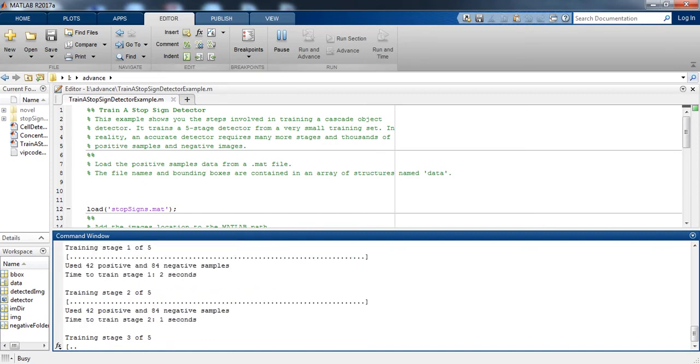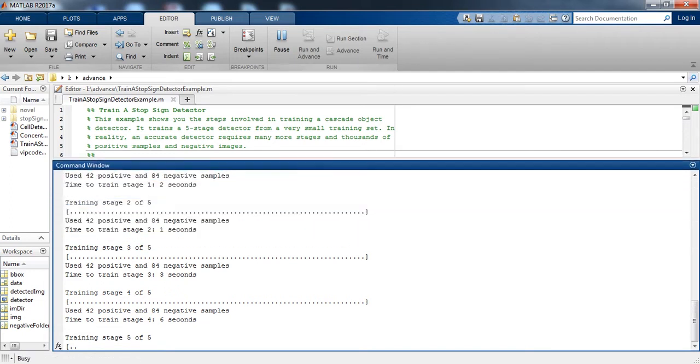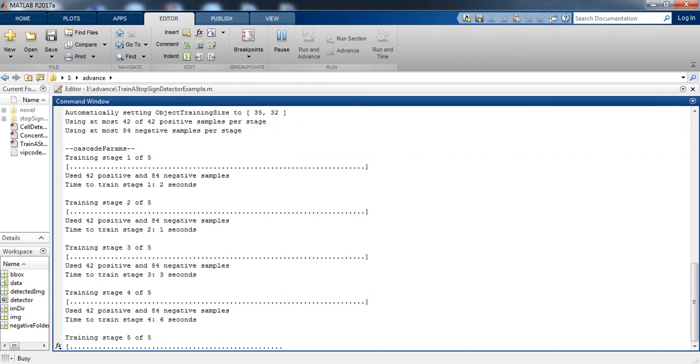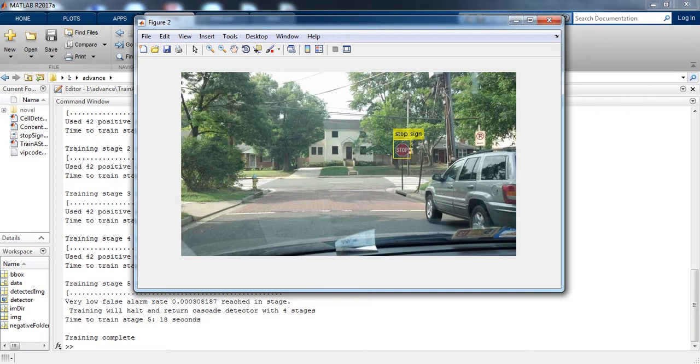Okay, now you can see it is training stage 1 of 5. It is basically a 5 stage stop sign detector example. Now the 4th stage is also completed and the 5th stage is running.